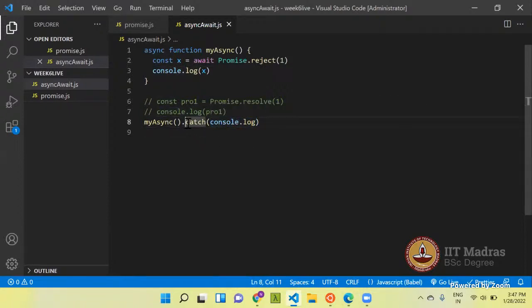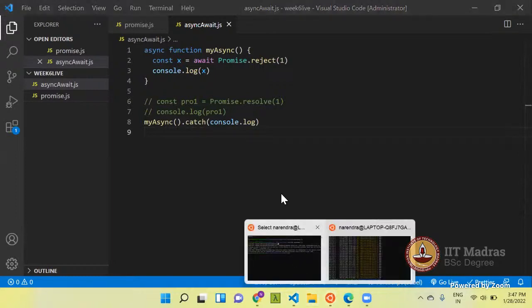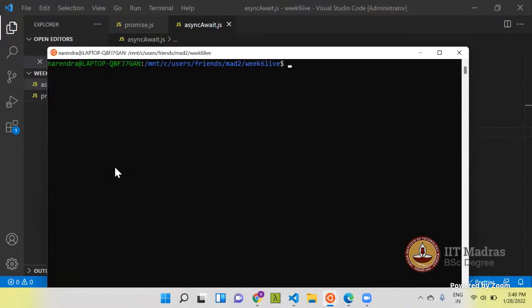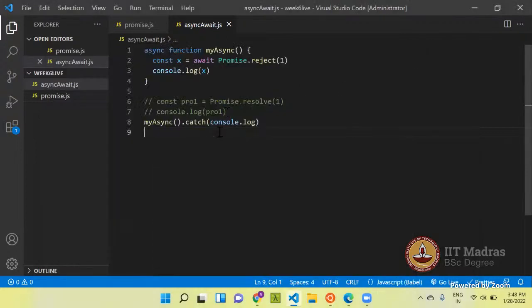Catch only gets triggered when the promise gets rejected. So now when I run this code, it is printing 1 because of this catch.